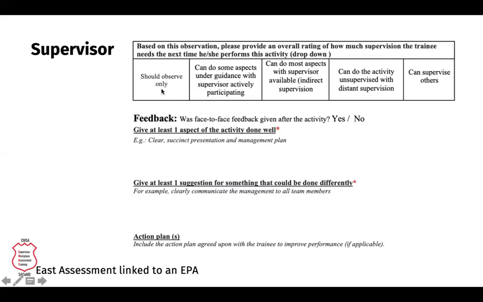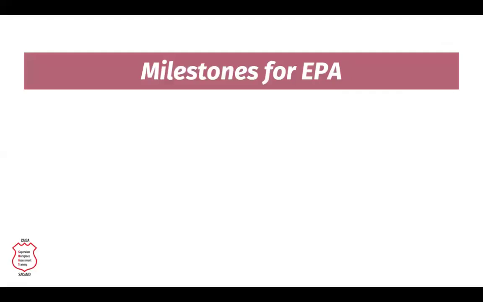So it takes a little bit of the pressure away, the assessment aspect of this. But the important bit is the feedback. We'll talk about the feedback session in detail, first looking at what was done really well, some suggestion of something that could be done differently, all very descriptive, and then an action plan to actually help them get more and more towards entrustment. So again, these tools will slowly be developed over time, but literally it takes 5 to 7 minutes, if as much, to fill in one of those tools. And the idea is to do it as quickly as possible after the assessment has taken place.